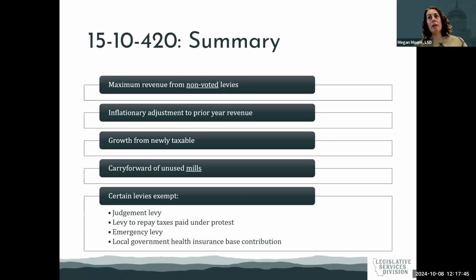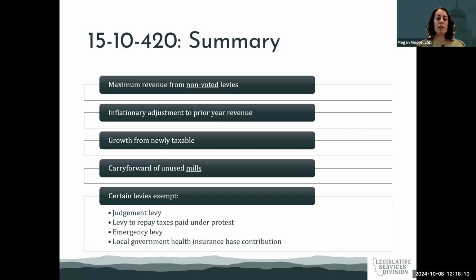And so by way of summary, 1510-420 allows us to calculate the maximum revenue from non-voted levies. We're going to talk about voted levies in a moment. It allows an inflationary adjustment to the prior year revenue. It allows growth from newly taxable property. It allows the carry forward of unused mills, and I underlined mills here because the actual statute says that mills